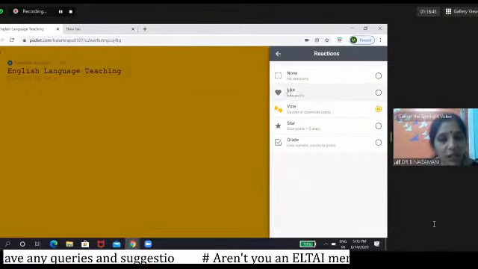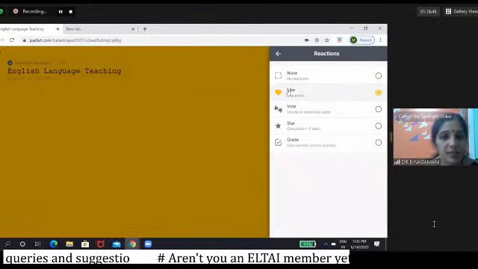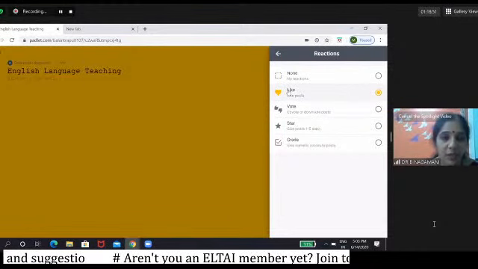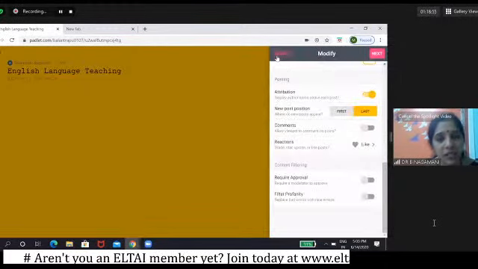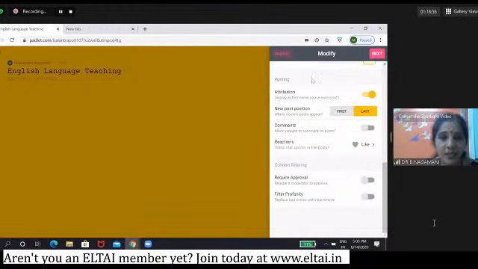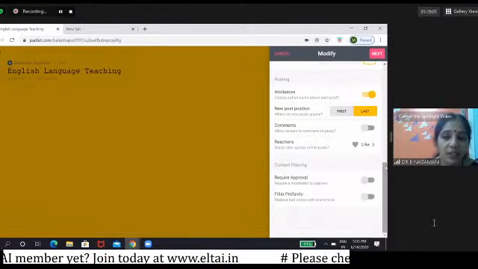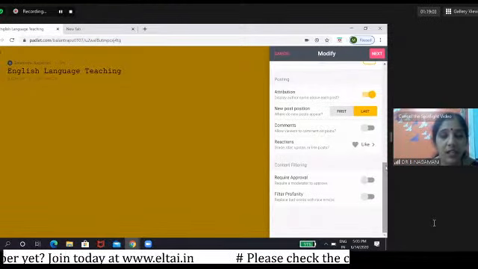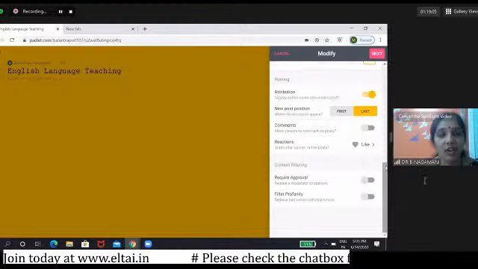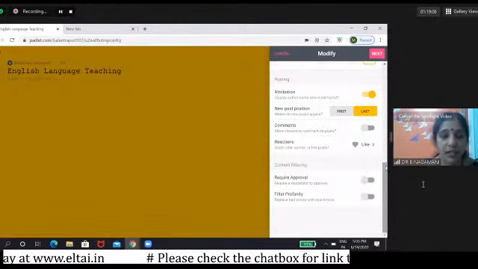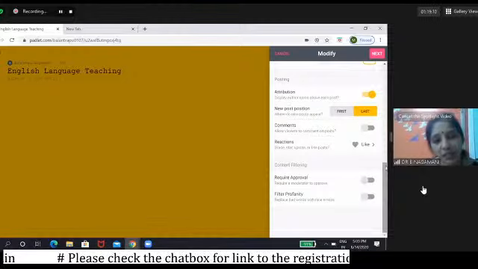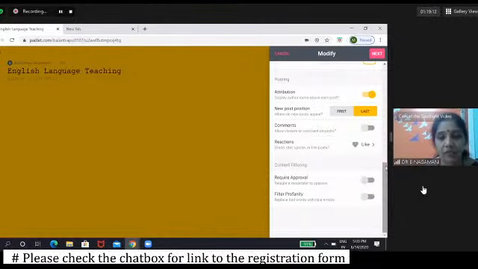Then you have like posts. This is also a reaction which can be used on the Padlet wall. These reactions will make the participants enthusiastic, and they show a lot of interest in looking at the Padlet wall and seeing how his or her teacher has reacted to the post that he or she has posted. It makes learning interesting and inclusive.